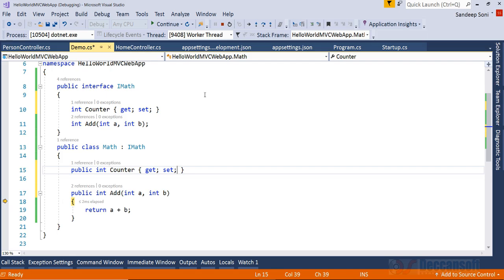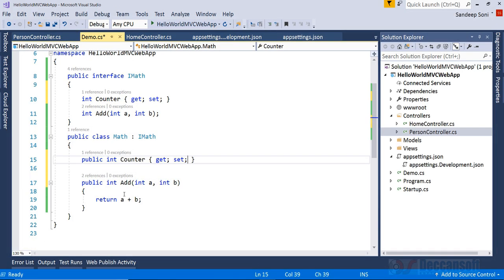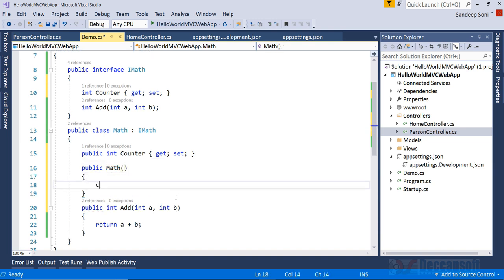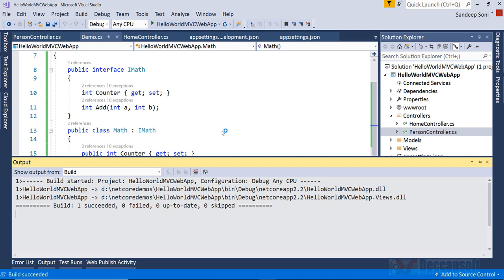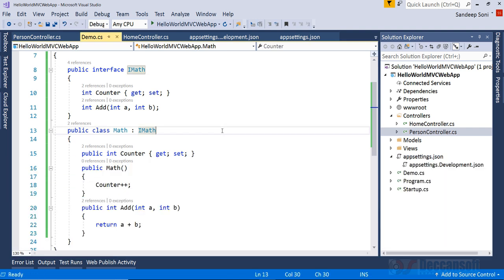And every time I'm going to increment counter. Every time the add method is called, or let's say the constructor is invoked, I'm going to increment counter. Now build the project. Successful. Now I will put a breakpoint in